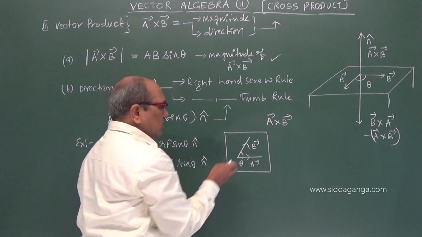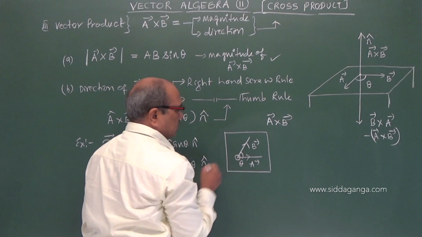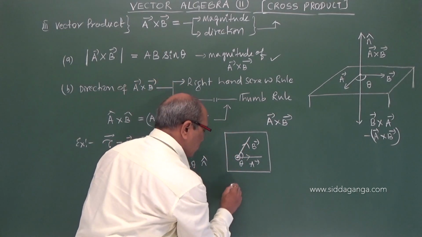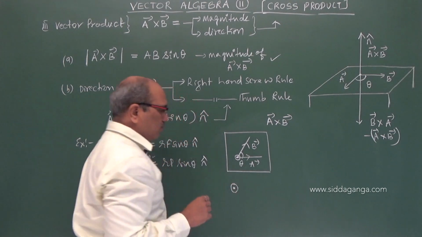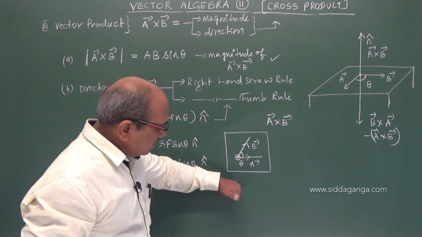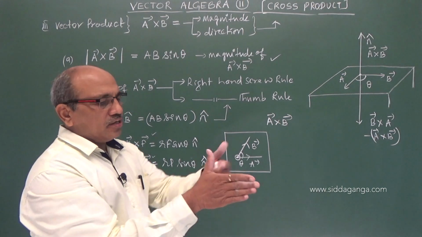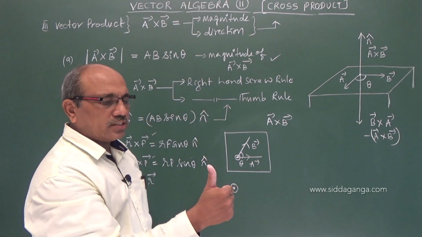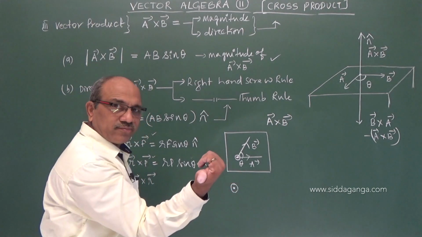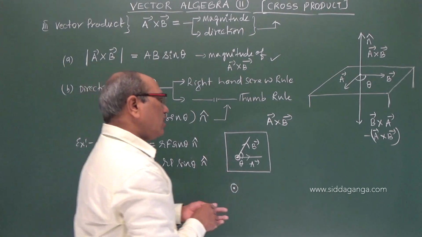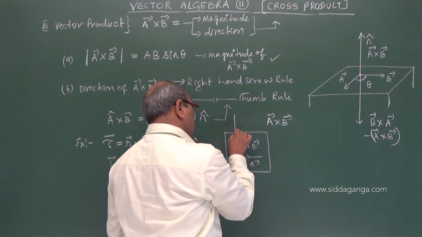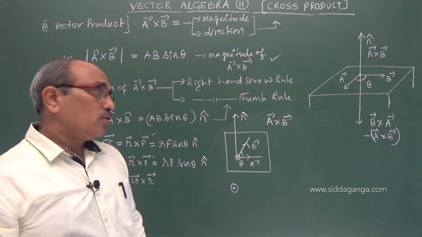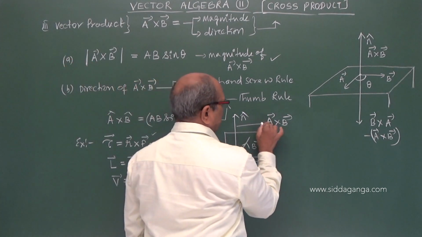The sign convention we use for out of board is the dot. So if it is out of board, we show it with a dot, perpendicular to the board and out of board, or perpendicular to the paper and out of paper, upward, or towards you. I think you have followed. Let us think this is A cross B. I can show that as the N vector, which is A cross B.